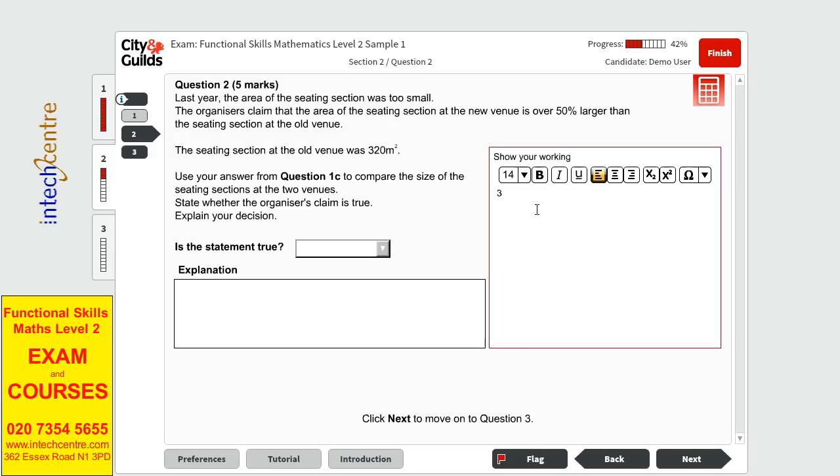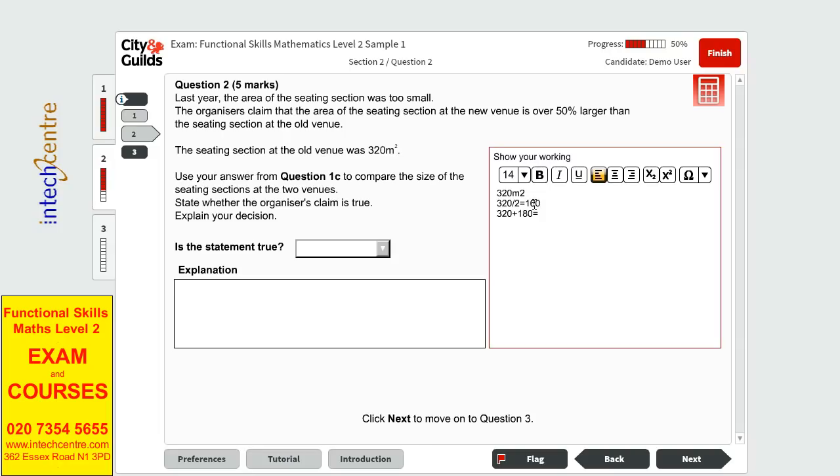Now we know that the old one was 320 meters squared. Half of it would be 320 divided by 2, which will give us 180. I'm dividing the old one by 2 to find out what 50% of the old one would be, so that we would also figure out what the old one should be if it was to be 50% larger. So we have 320 plus the 180 to find out its extra 50%, and